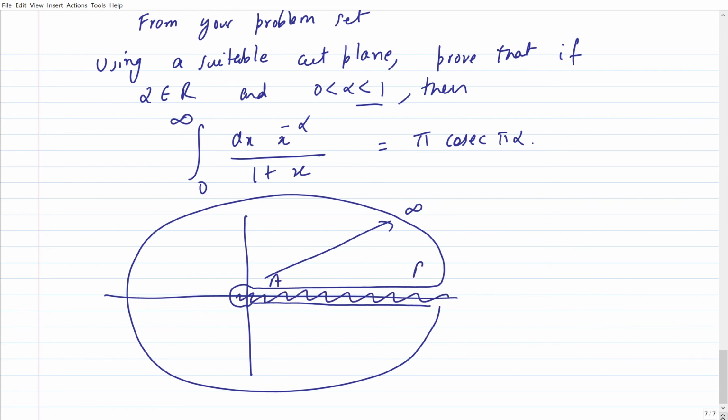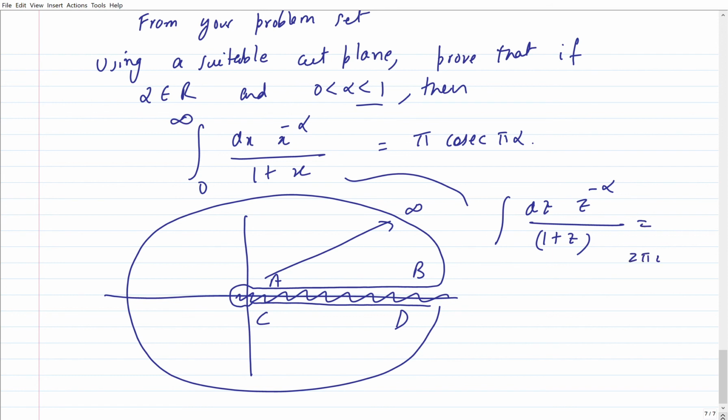I again define A, B, C, D the same way. And well, what is this integral first of all? So when I complexify this integral, this is nothing but dz z to the power of minus alpha over 1 plus z,